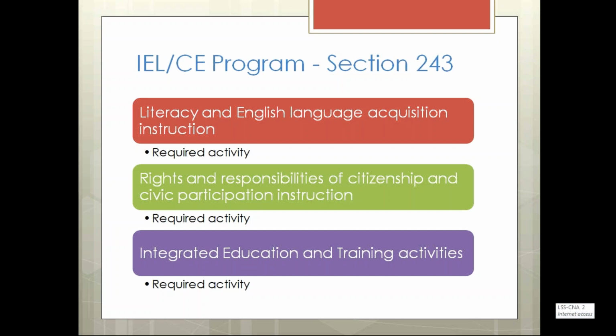Even though, as you're saying, if a program is receiving funding outside of Section 243, not as a specified IELCE program, they may still provide IET, but they should not be reporting it in that table because those NRS table specifications are meant to track IET activity. And Cheryl really helped to clarify we're talking Section 243 on those NRS tables anytime you see IET.